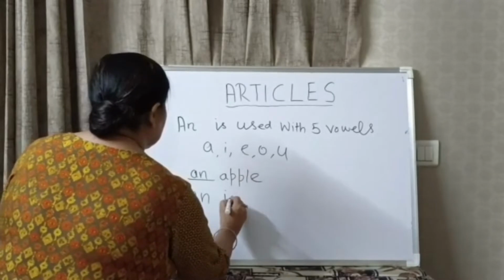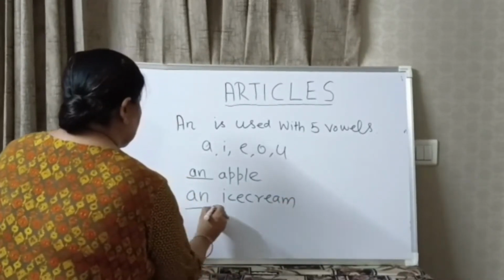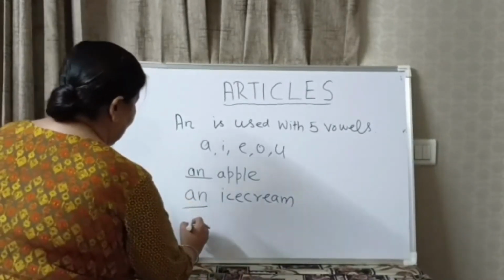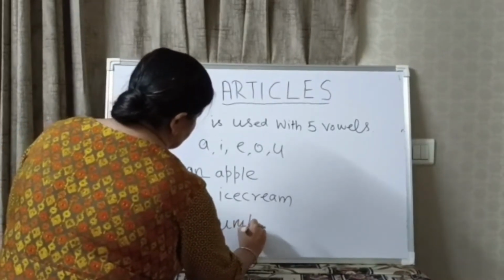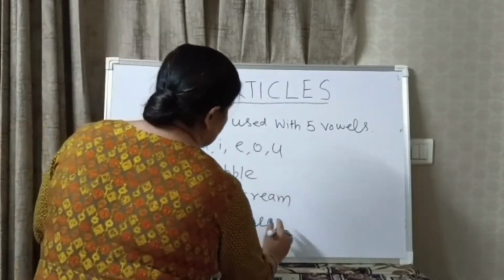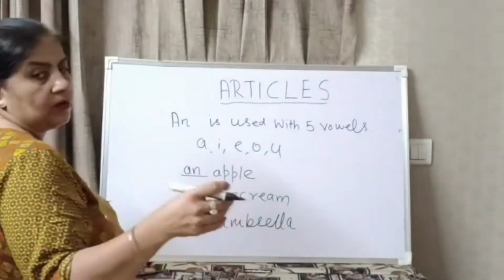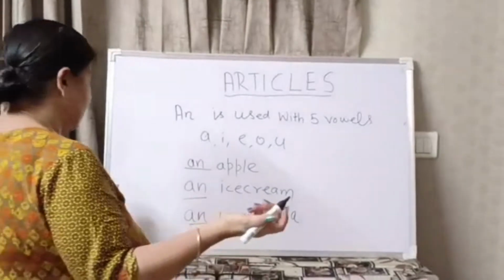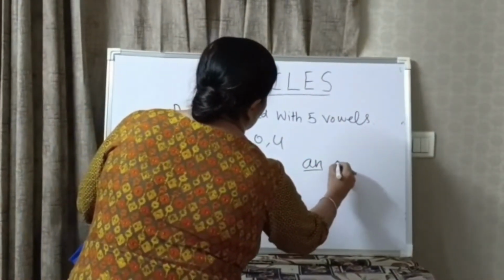An ice cream. Means where the 5 vowels are used, we will write down AN. An umbrella. I take an umbrella in the rainy season or in the summer season because it is too hot today, so I have to take an umbrella. Then AN is used with O also. Orange,